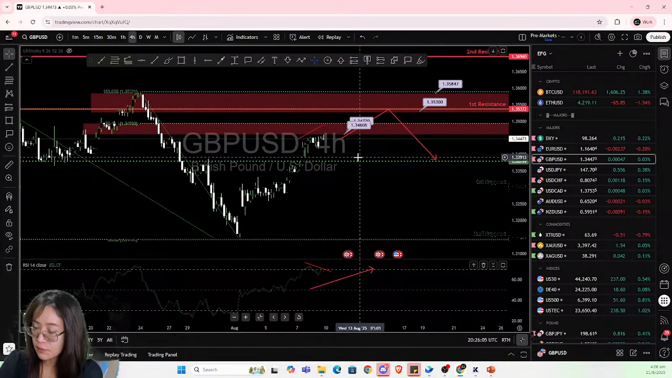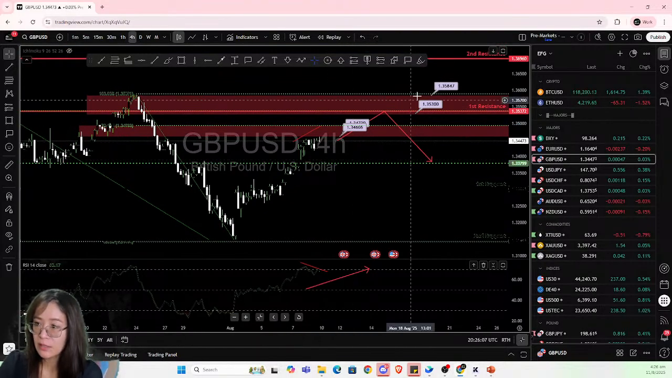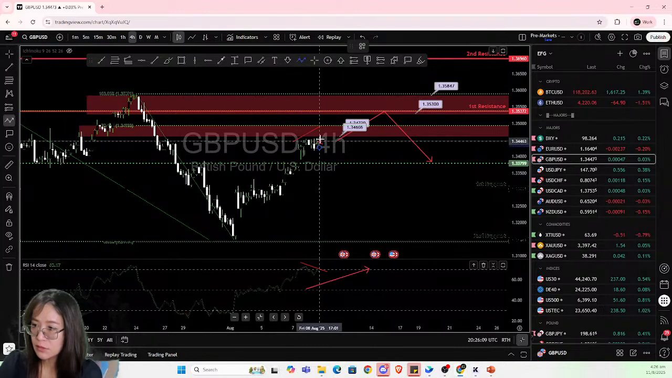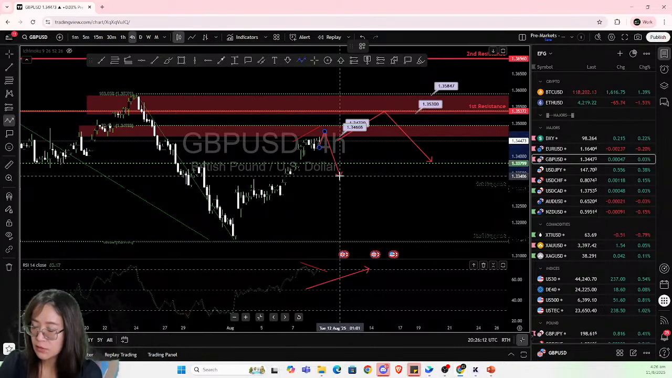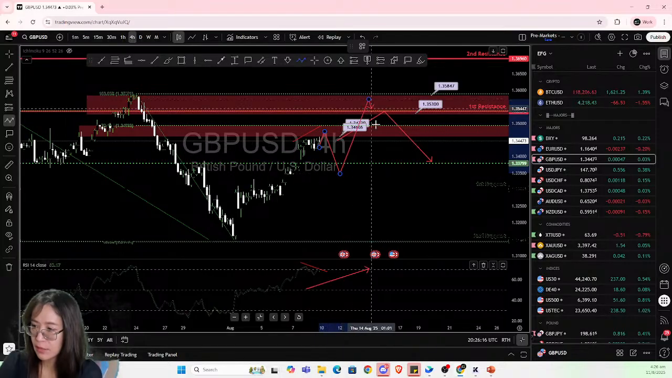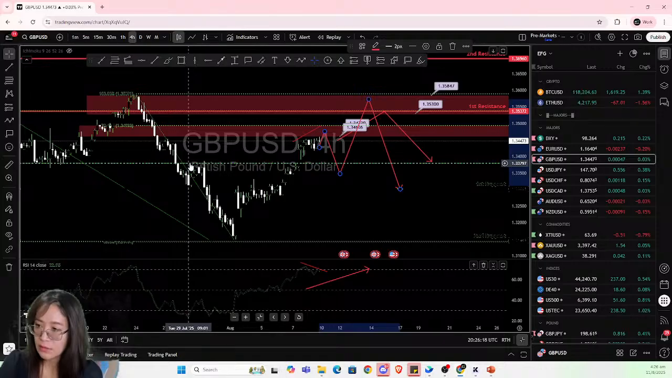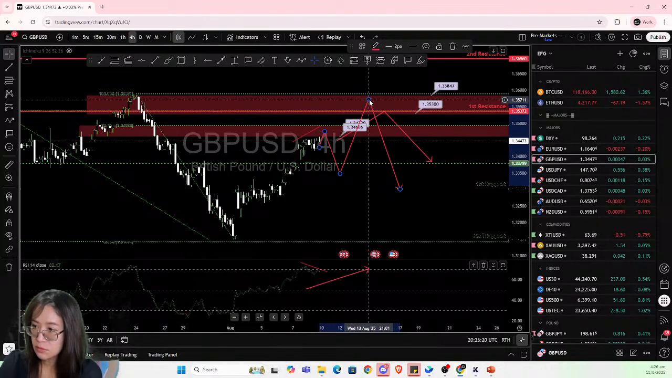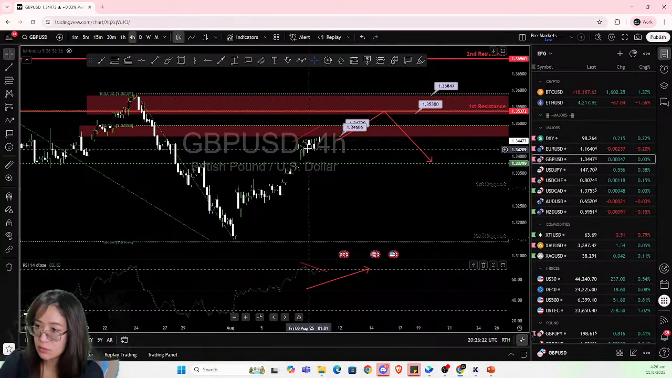So the first sell zone is either like that, or they rise here and then fall to this demand, then rise back up again and then fall, following the higher time frame. So you have two zones to sell. Either you want to sell here,